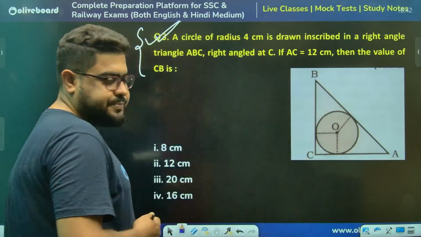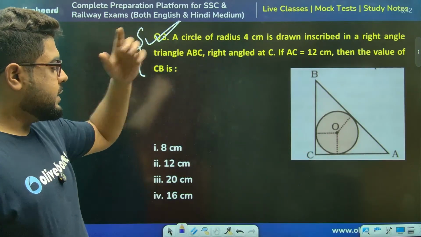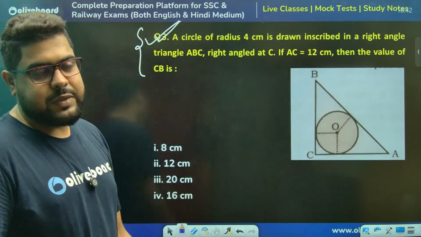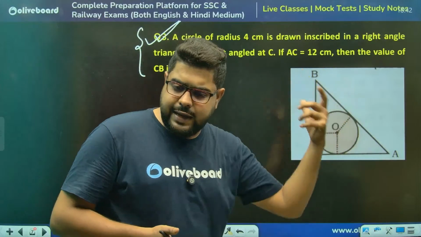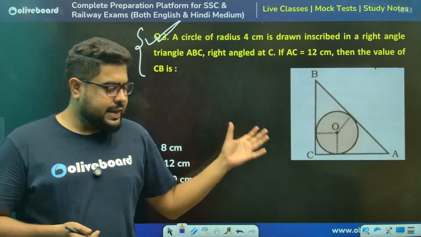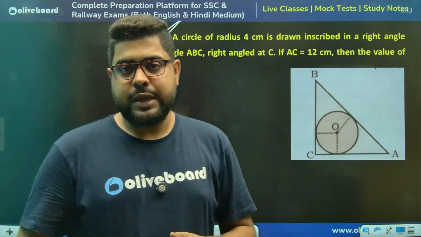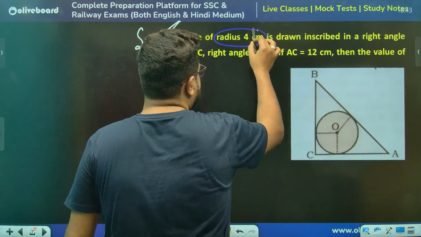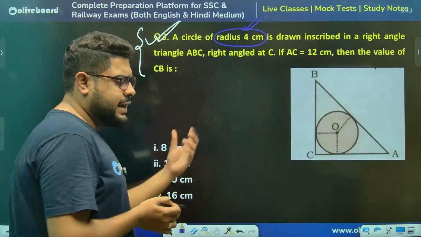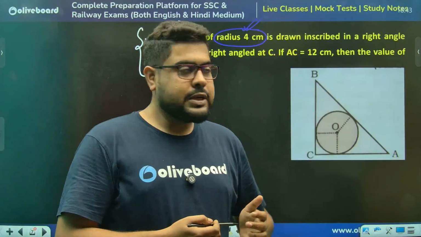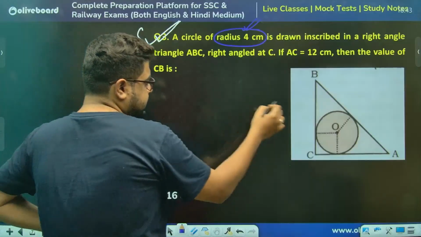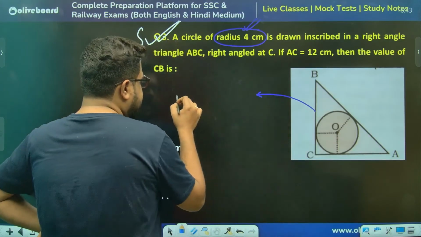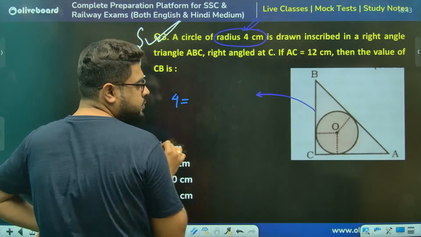Sir, what can we do here? Please understand this. This is an incircle of this right angle triangle, and the incircle of any right angle triangle has a very specific property, especially the inradius. The inradius is given as 4 centimeter. Now, what is inradius? The radius of the incircle is called the inradius. So, for this particular diagram, the inradius, that is 4, is equal to